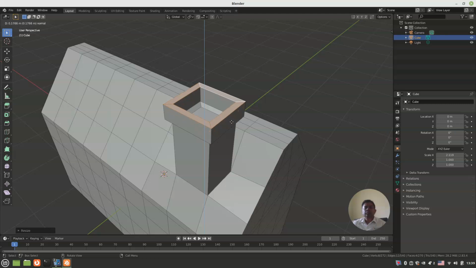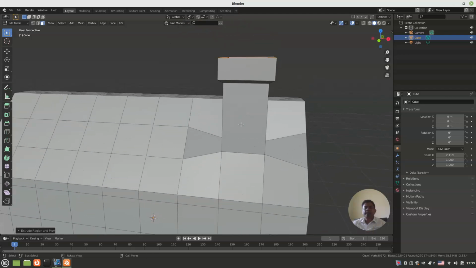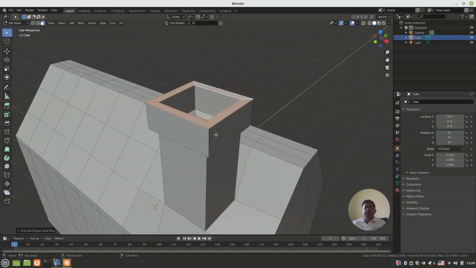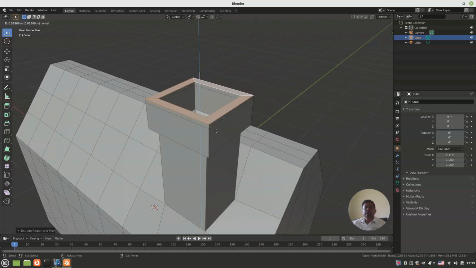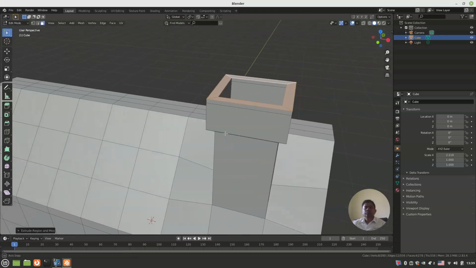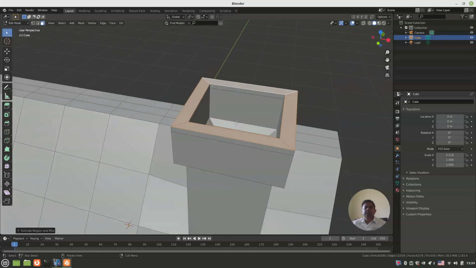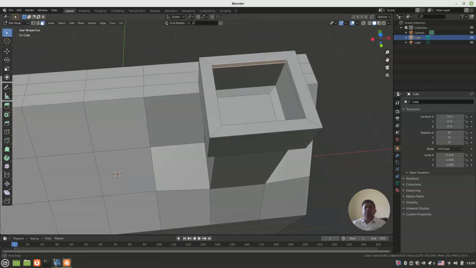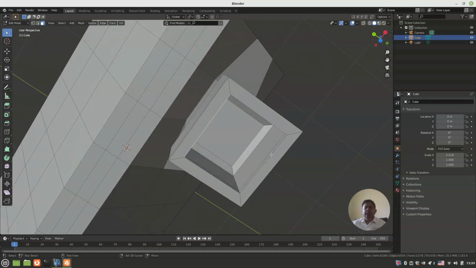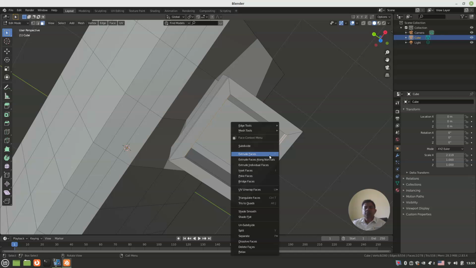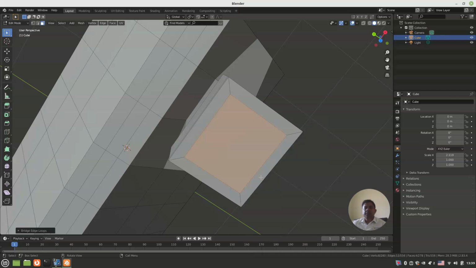Extrude. Okay. And extrude. And we can simply bridge this place. We want to close it. Okay, select this one and select this one and say bridge faces. Okay,